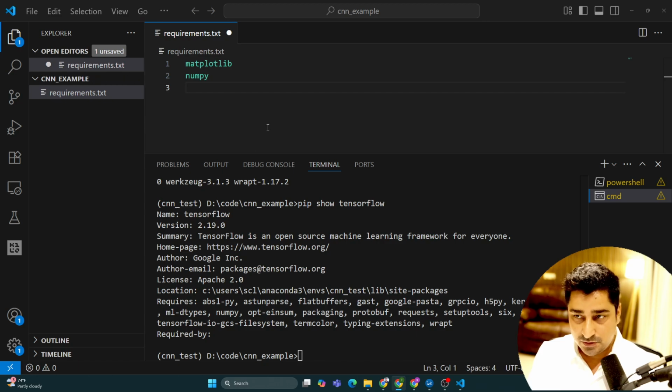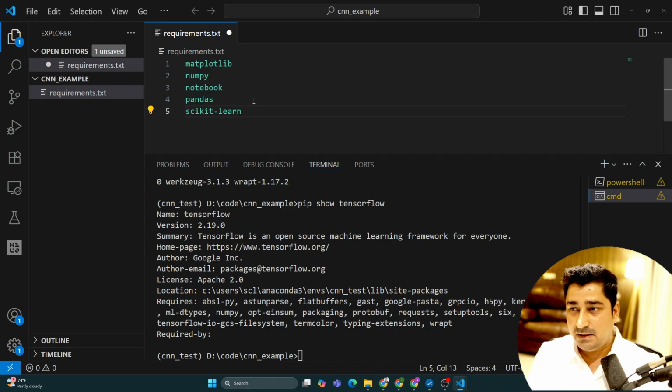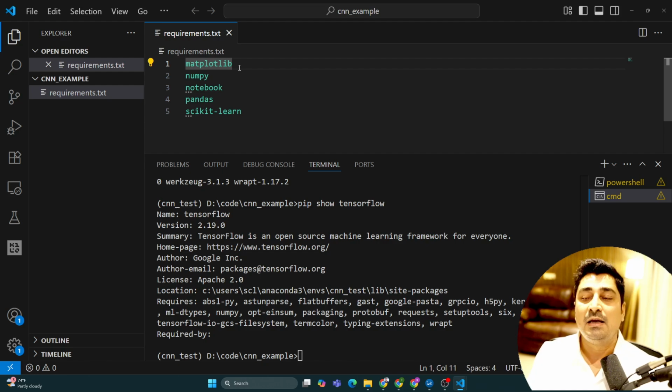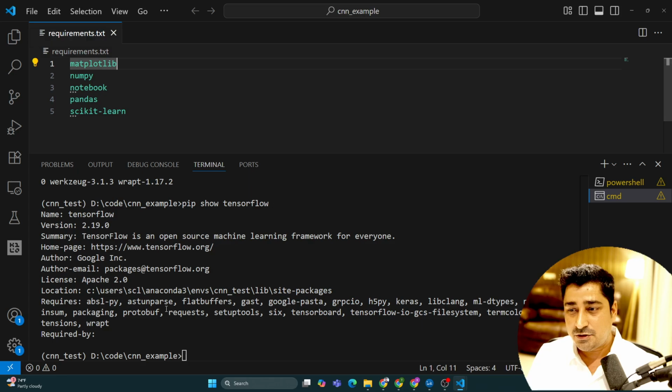Maybe I would like to install a notebook inside this environment. That's completely fine. Maybe I would like to install pandas, which will be required going forward. Maybe I would like to install scikit-learn over here. So I can keep each and everything inside a single file, as many things as I want. I can even mention a version, that matplotlib is equal to a certain version. So I can keep each and everything inside a requirements.txt, and then I can do over